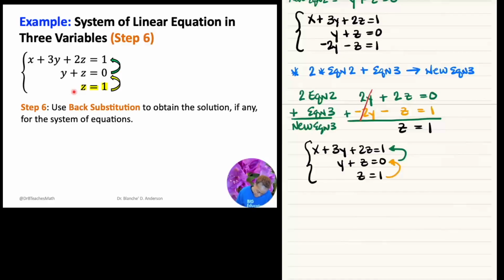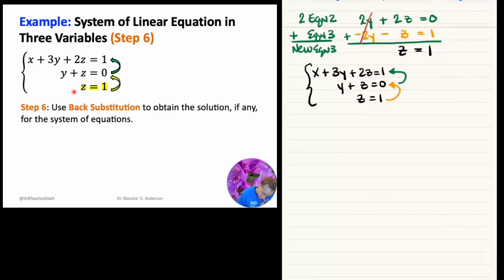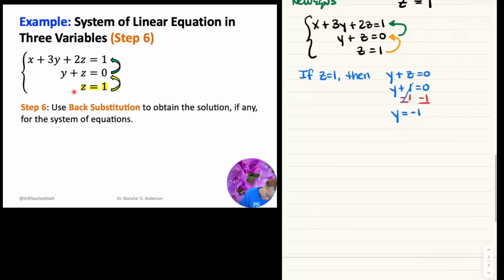So if we do back substitution, and this should be pretty straightforward, I'm going to say if z equals 1, then y plus z equals 0, right? Y plus 1 equals 0. Solve for y. That cancels. You end up with y equals -1. And then, okay, if z equals 1 and y equals -1, then